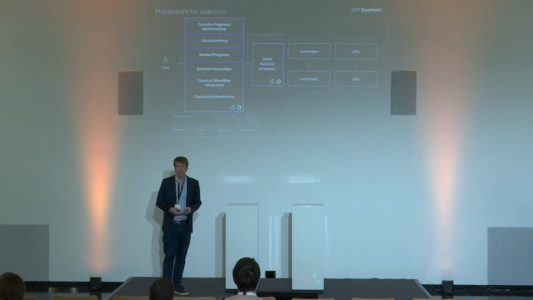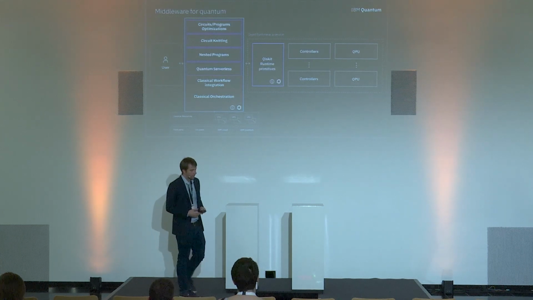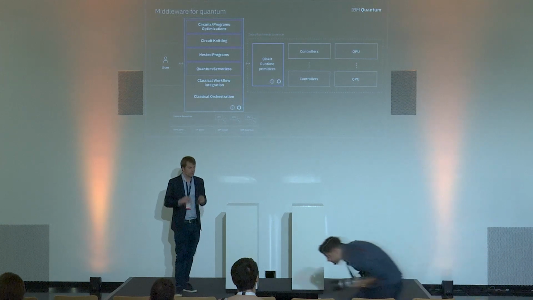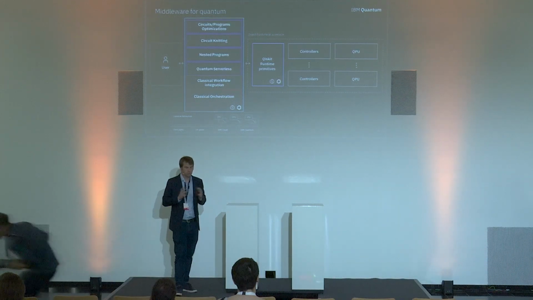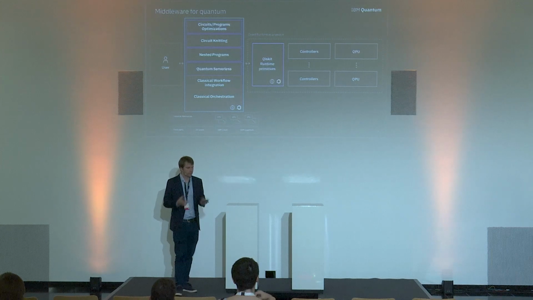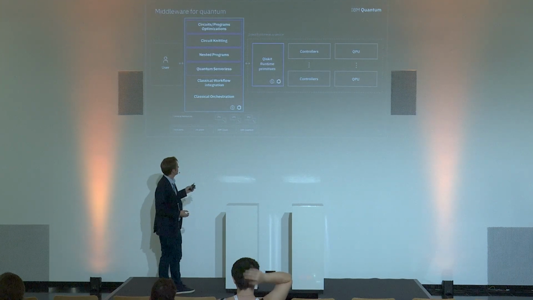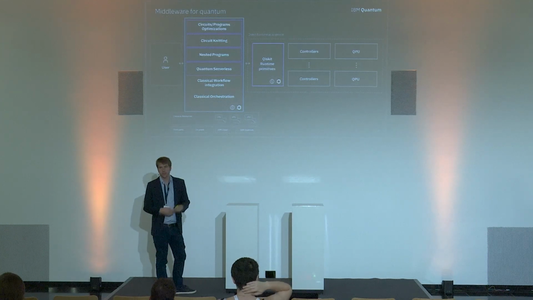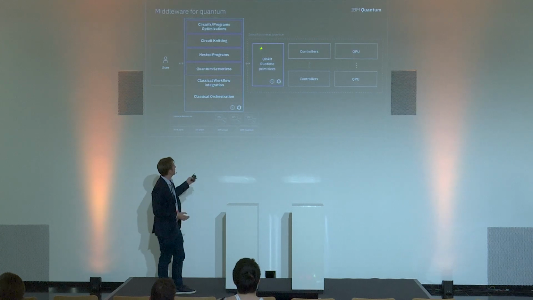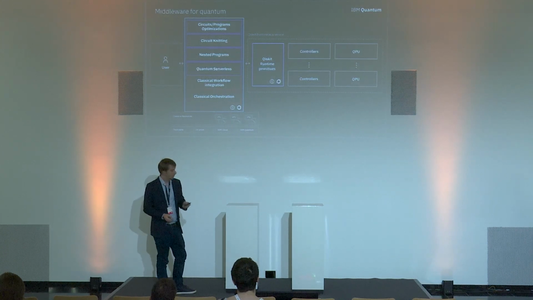So let's take a little bit of a look at what we actually mean by this. What is this going to take care of? So it will take care of tasks like circuits, optimizing them. Transpilation could be something that could fit in this middleware. Transpilation is an interesting one, right? Because it has the task of taking a quantum circuit, optimizing it, tailoring it to the hardware. In some sense, it might also sit behind the primitives here. So there might be some control on what you do before or after the primitives.